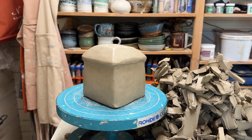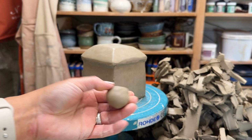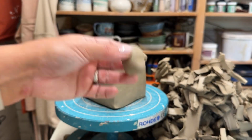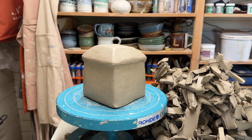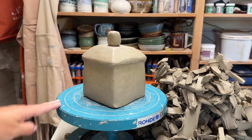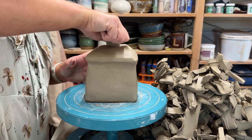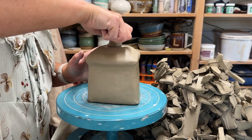So you just want to get a bit of a ball of soft clay. And I'm just going to roll it out into a little bit of a cylinder, kind of a chimney sized piece. And then I just dip the bottom in water, place it in the middle where I want my chimney to be. And then I'm just going to push it down and then just give it a bit of a